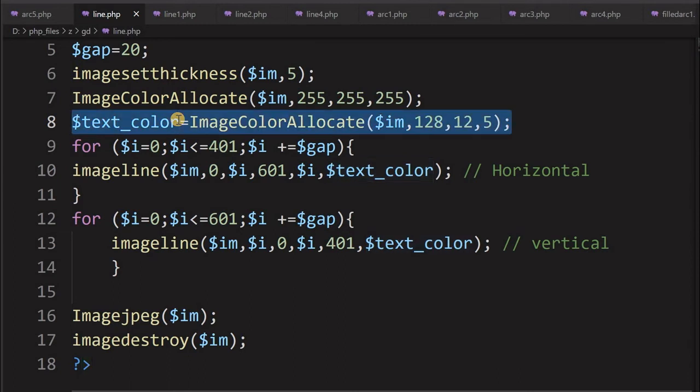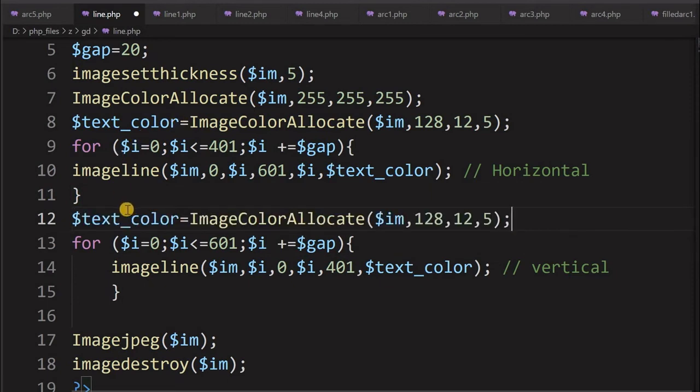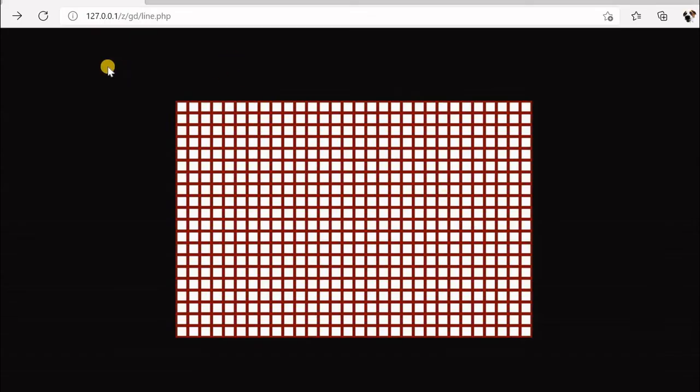Let me just copy this and put it here. So this variable name is text color, actually it is a line color. Now I can give it some other value, 128, let's say 125. So you can see now our horizontal and vertical lines will have different colors.